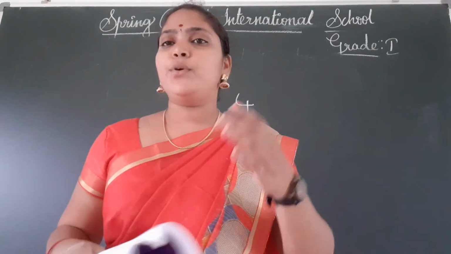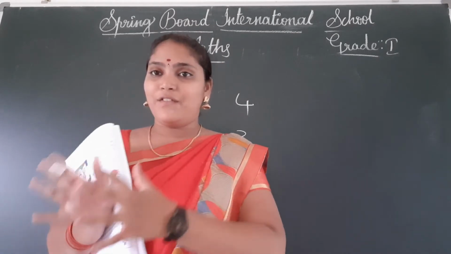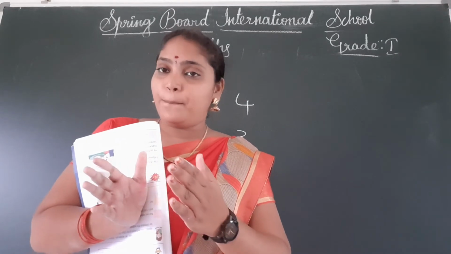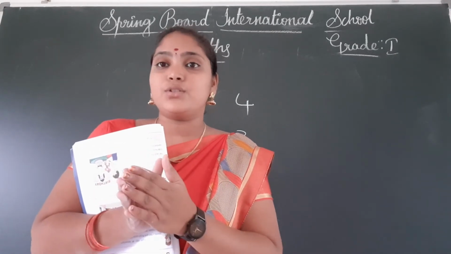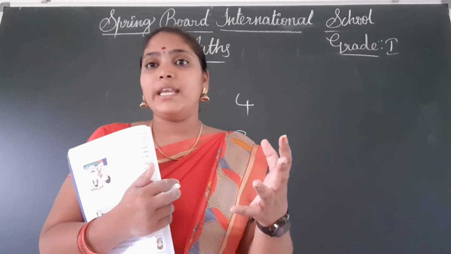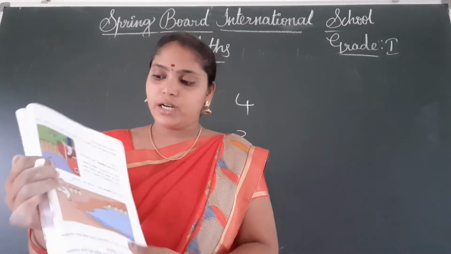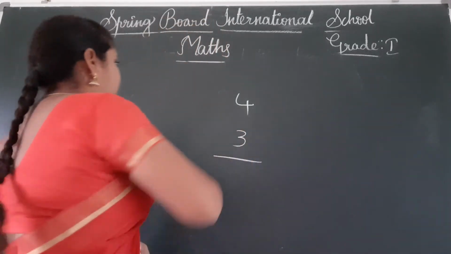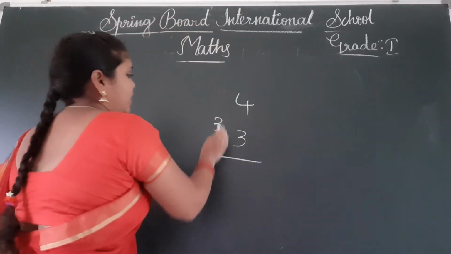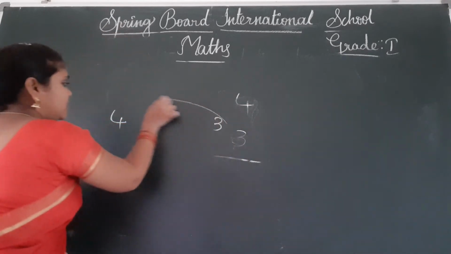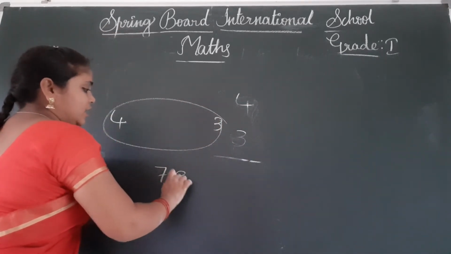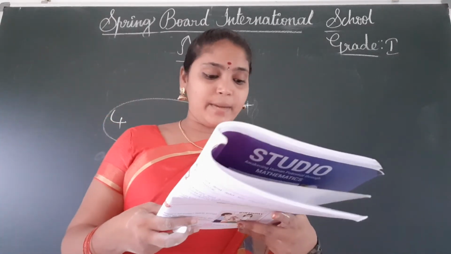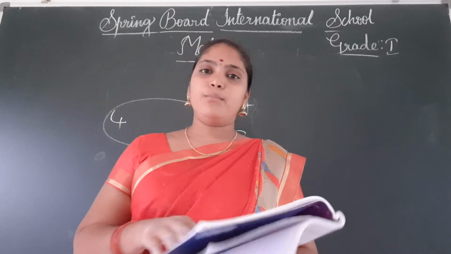Okay, when things are put together. So for example, here 4 and 5. If you put things together, do the numbers increase or decrease? Increase. Okay. When we add, the number becomes more. So for example, here 4 and here 3. When we put these together, the total is 7. So when we add two numbers, the number becomes more.